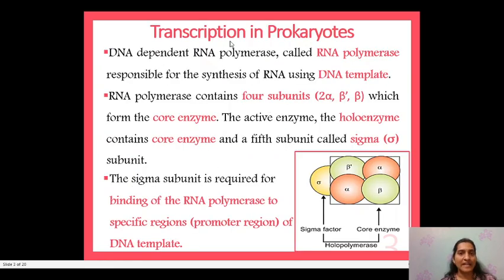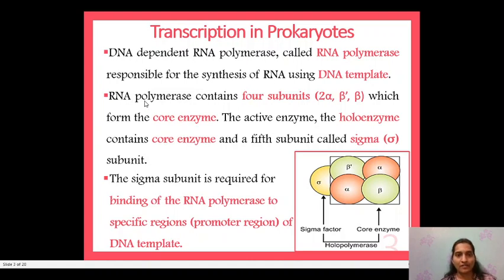When you come to the enzymes involved in the process of transcription in prokaryotes, there is a special enzyme called DNA dependent RNA polymerase, otherwise called RNA polymerase. From the name itself we infer that the RNA polymerase requires a DNA template to synthesize mRNA. It uses one of the strands of the DNA as a template strand to copy down the sequence